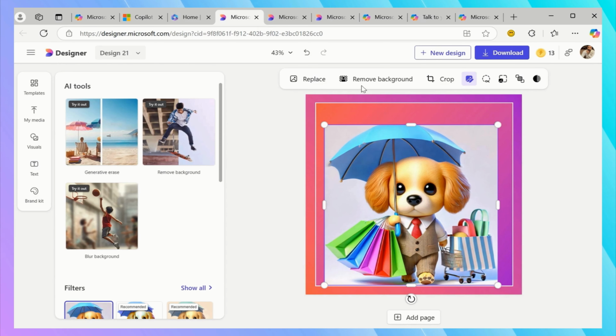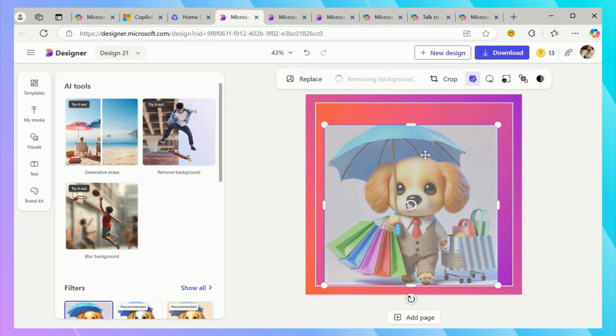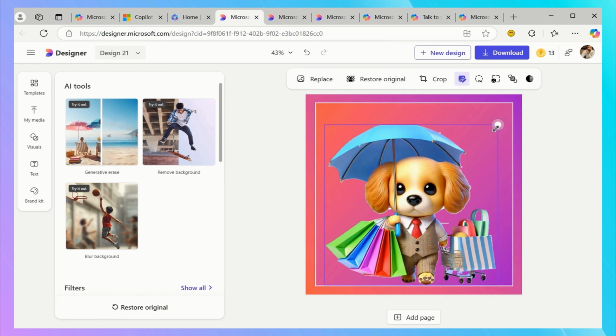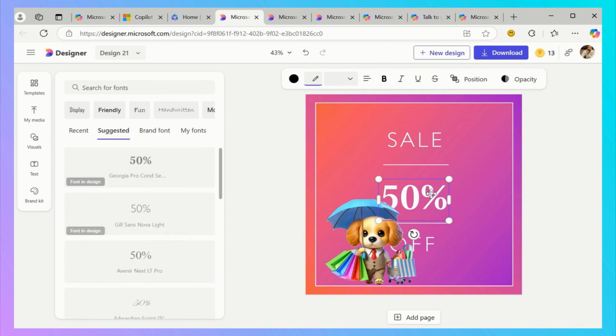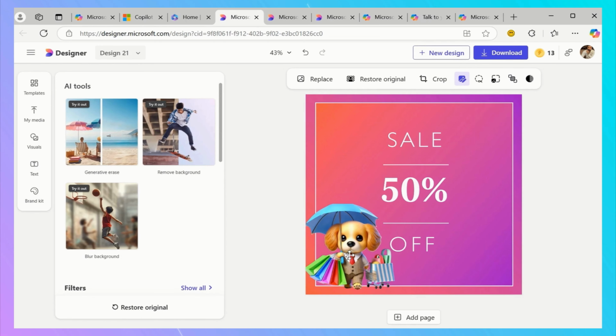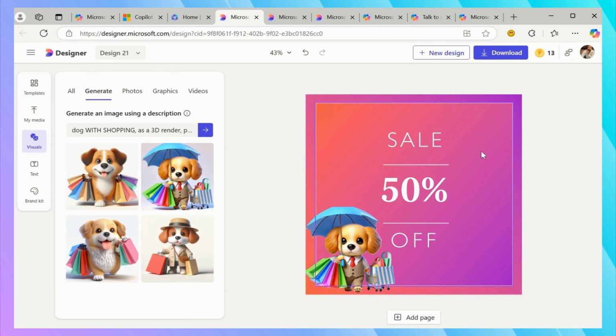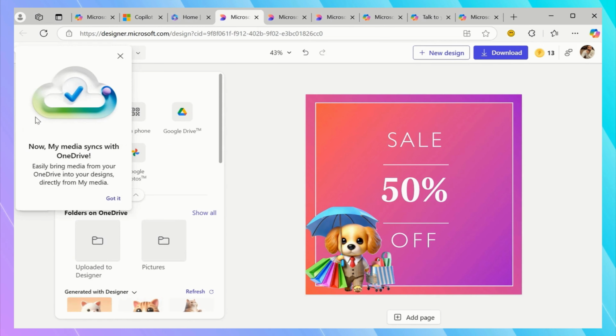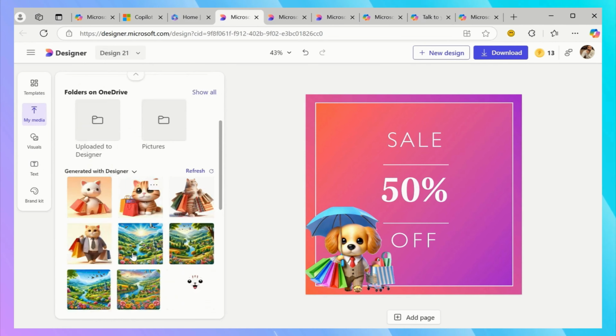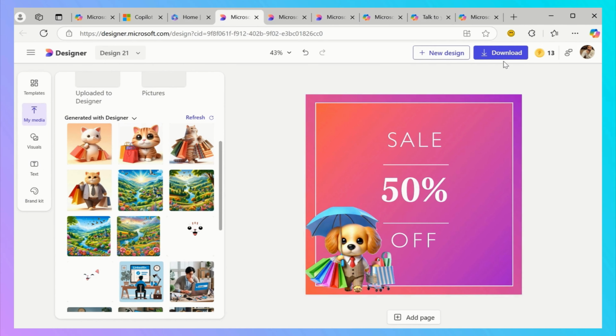To remove a background, simply click here, remove background, and you can keep it like this. Add your brand name or maybe brand logo over here somewhere. Simply click here, add your branded logo. Cool. And just download it and promote it wherever you want to. So this is how beautifully Microsoft Copilot is helping us day in day out to make your business